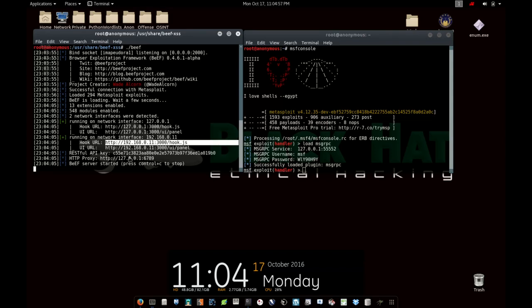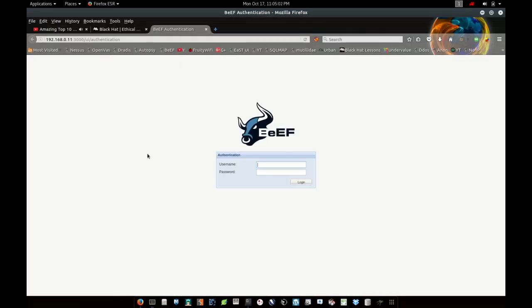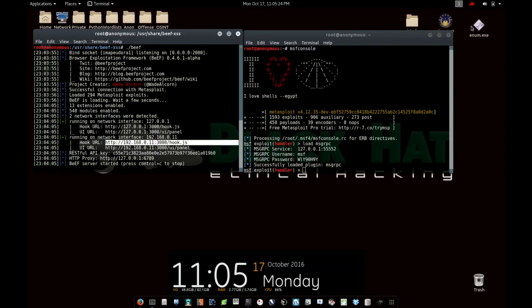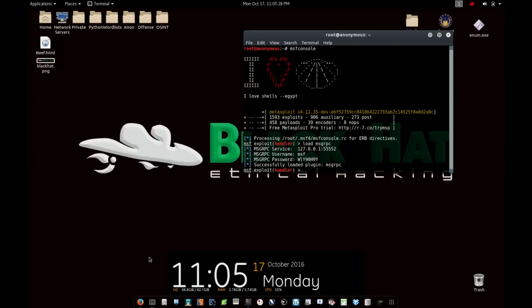So basically this is the UI panel. You open that, log in with the defaults, beef, and there you go. Once you're in the framework, you see online and offline browsers. So you wait for the guy to click, and then you operate everything from here. Today I'm also going to show you how to embed this into an image and in HTML. So basically what you do is,